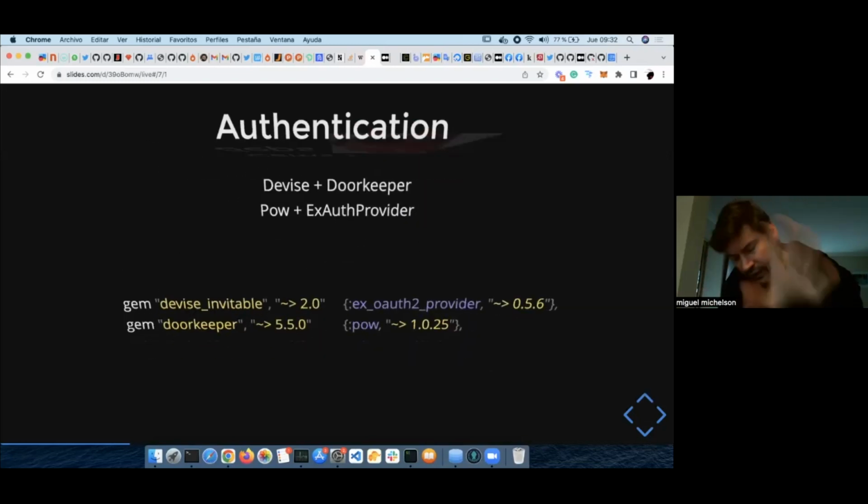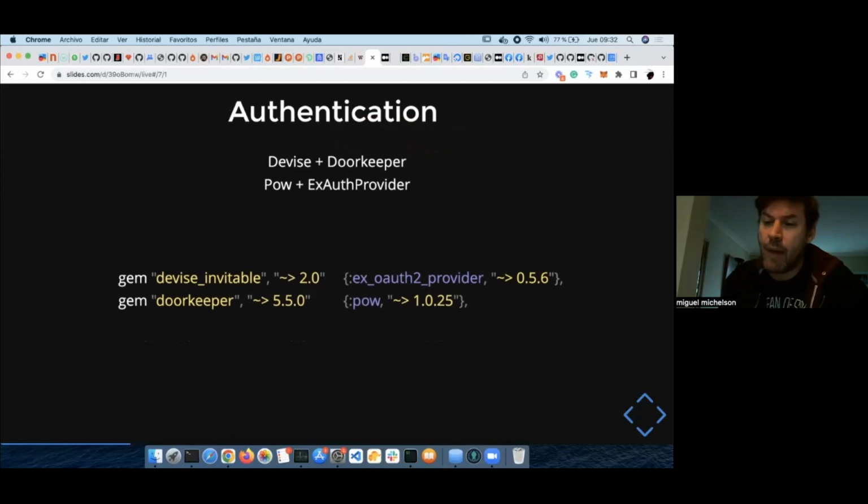So this will be a quick mapping of the alternatives. For authentication in the Chaskiq Ruby version, I use Devise, of course, written by José Valim, and Doorkeeper, which is an OAuth 2 provider.